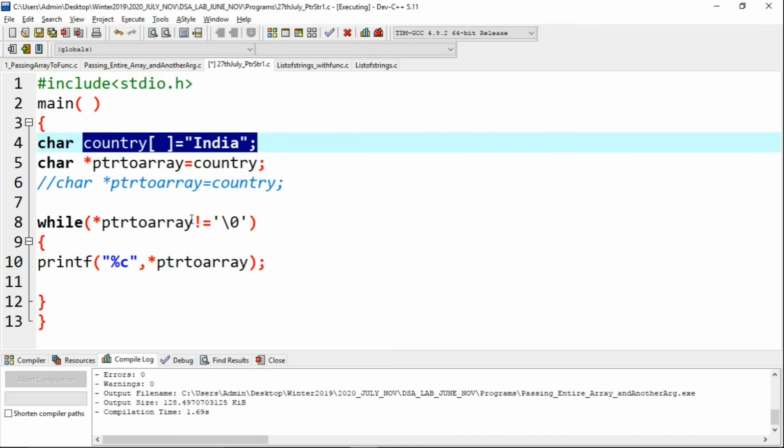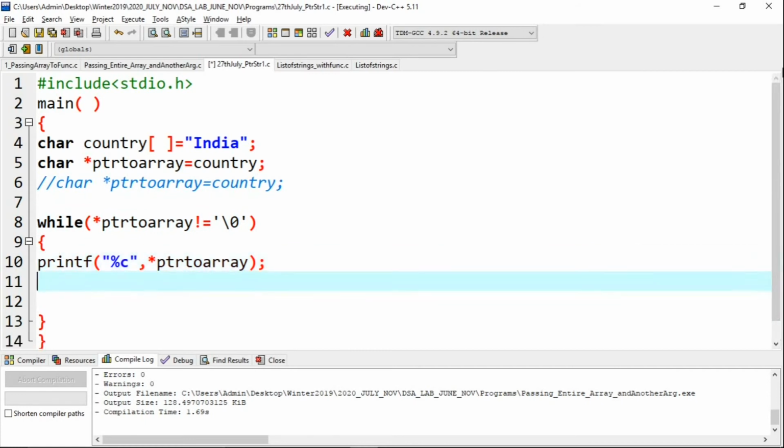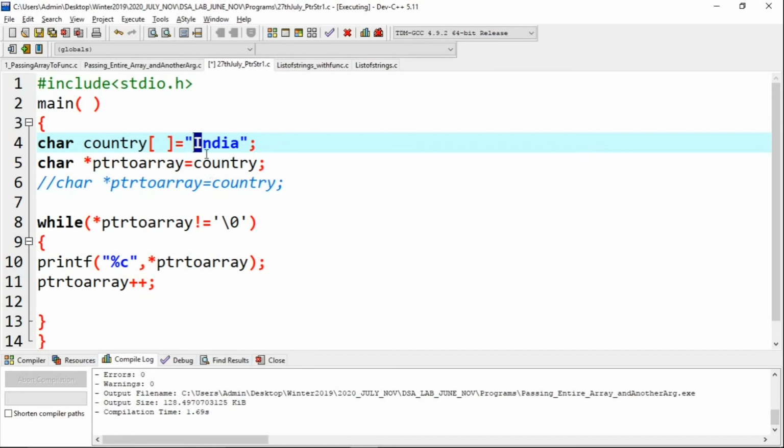This string is nothing but an accumulation of characters. So here you see, until this pointer becomes null, we keep printing the character, and then you have to increment it. Simply write ptr++. Initially it is printing I, the base address, and once you do ++ it will go to n, then d, then i, and then a.